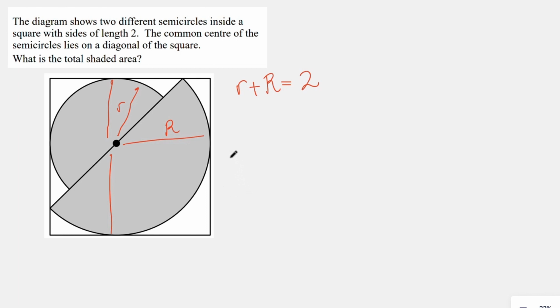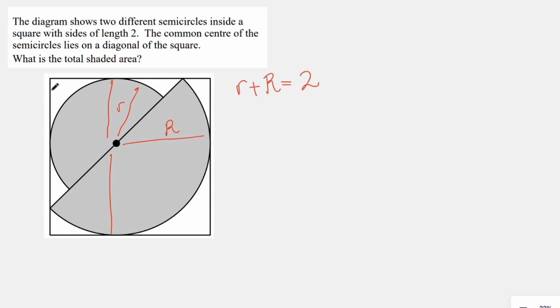Okay, so ideally what we want to do now is find another equation involving little r and big R, and then we'll have two equations which we can solve simultaneously to work out what little r and big R are, and then we can get the area of these. So, if you want to, see if you can spot how we can get this other equation. Okay, so the way we get this other equation is, well, not particularly obvious,